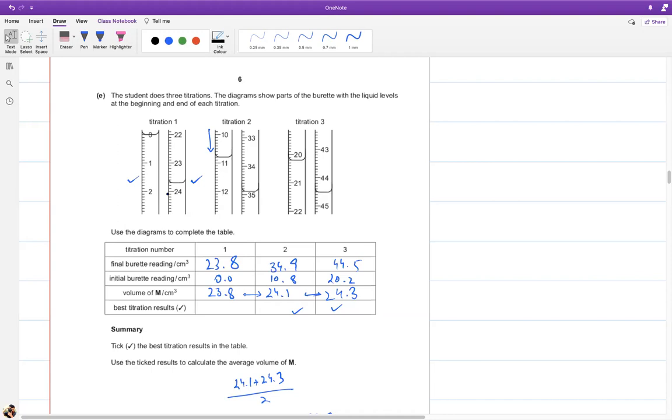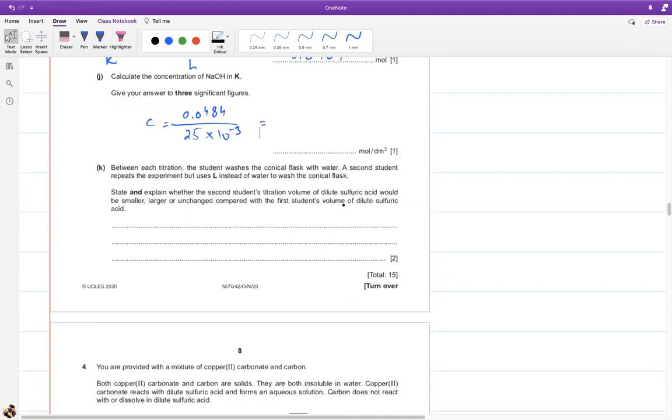the student who is using L to wash it, compared to a student who is using water to wash it, the student with base will get larger values of titration. Okay, so that's a problem that they'll face. It will be larger because they have more, they need more acid to react with more alkali. Okay,